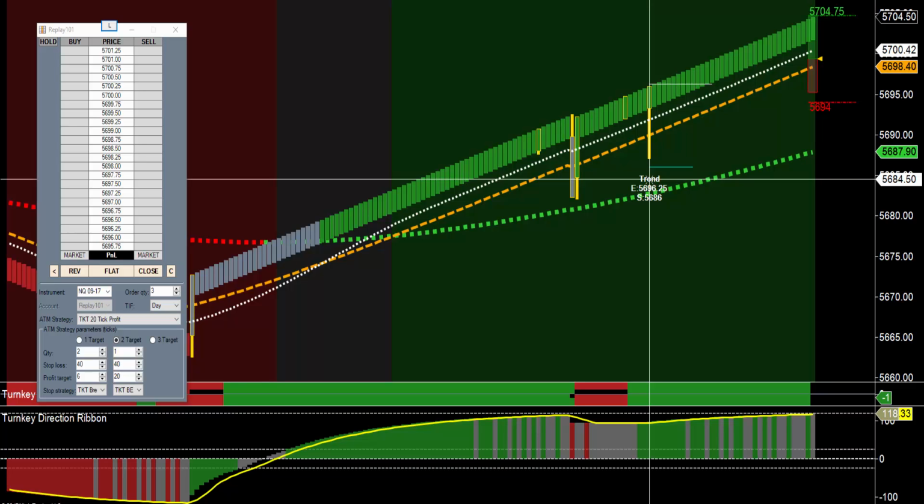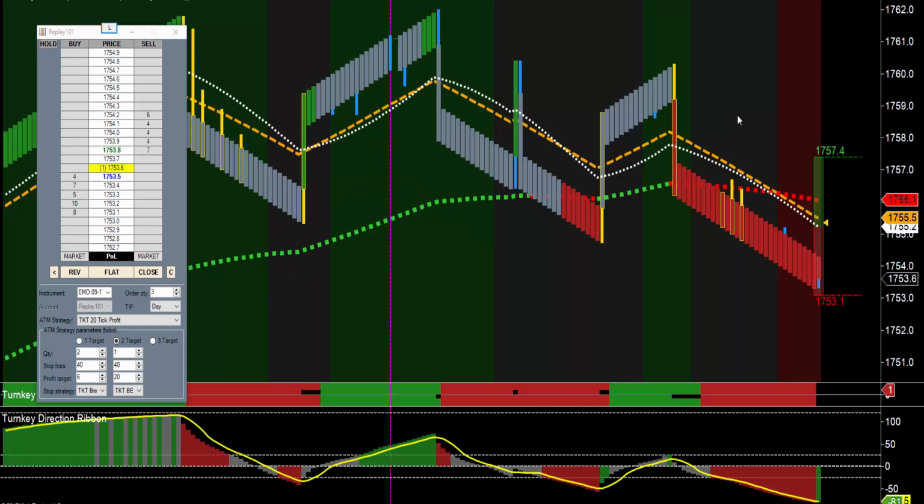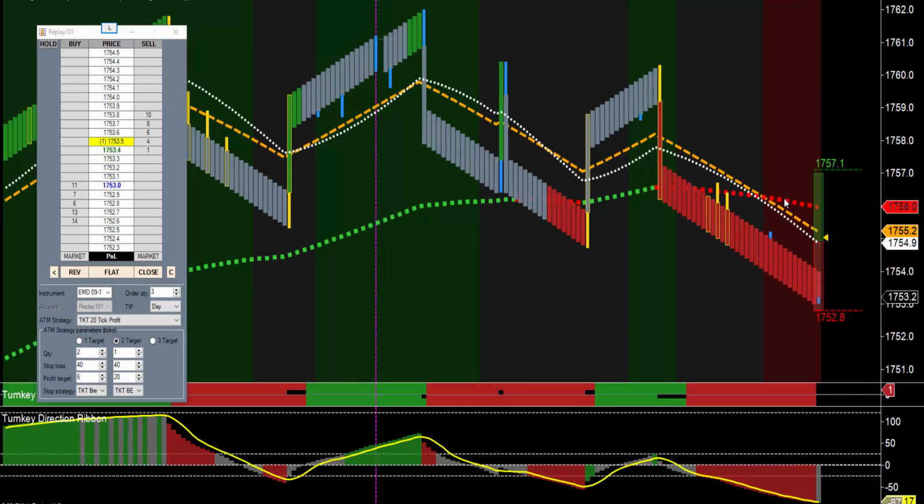Next, let's take a look at a trend trade short example. Now let's take a look at our trend short. So much like the long version, the rules are simply reversed. So I do need to see my gold bar form, which likely won't happen until it gets further up and crosses my orange trigger line, if that does happen. I also need to see my red background, which I have here. I need to see my 200 EMA plotting red, a red bracket in my middle panel,